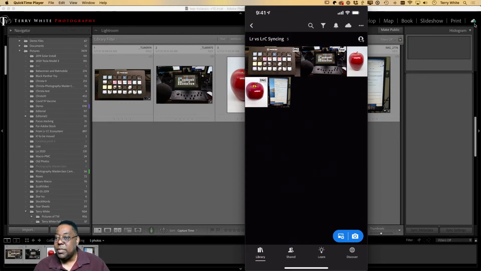84 unsynced images that need to go away. How do I take the listed images and stop the sync? So William's saying I have 84 unsynced images that just need to go away. Well, I don't know what the just needs to go away means, meaning if you want to delete them, you can delete them. You can also uncheck the box for a collection in Classic so it doesn't sync them anymore. You can go into Lightroom in the cloud and delete them. So it depends on what you mean by you need them gone. Remove them from Lightroom, delete them, take them out of a sync collection. Lots of ways to get rid of them.